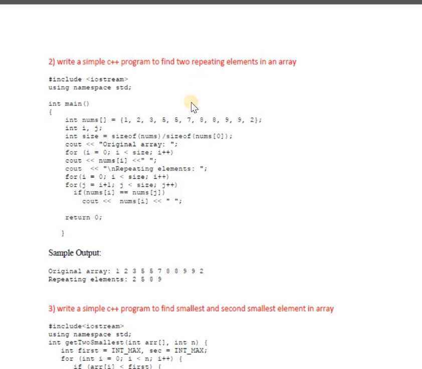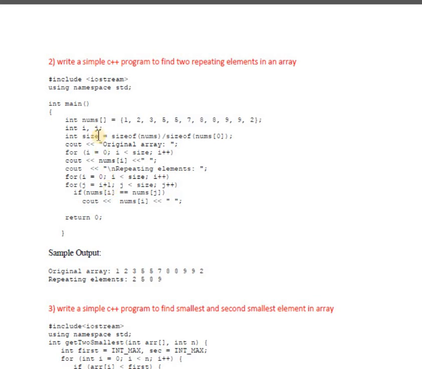So here you use two for loops. The first loop traverses the array one by one and the second loop checks whether the current number is already encountered in the array or not.